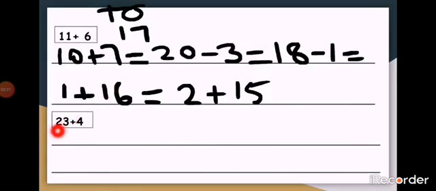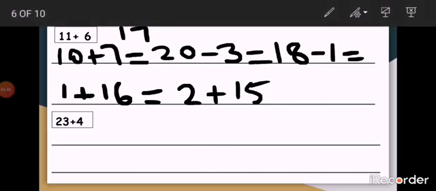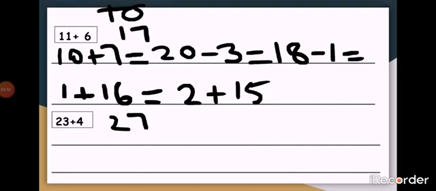Now the next card, 23 plus 4. Again, put the bigger number in mind and count on 4 numbers to get the answer first. 23 in my mind. Now I am counting on 24, 25, 26, 27. So the answer is 27. First I will write my answer at the side, and after that I will put my value.